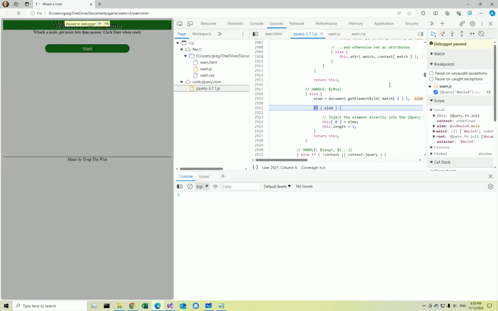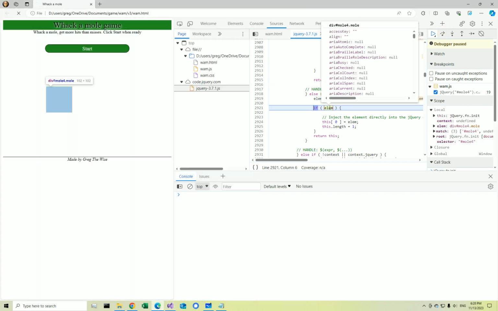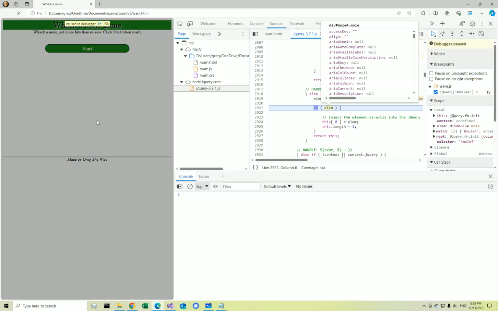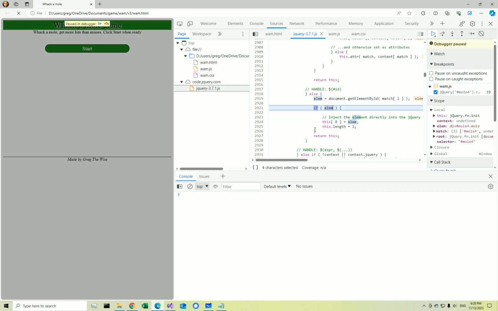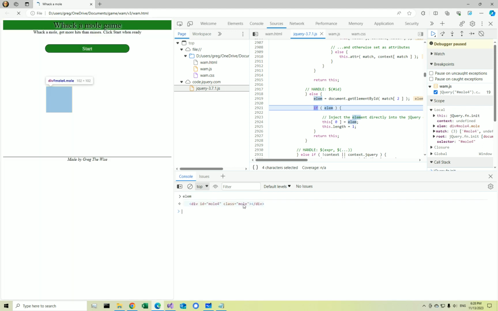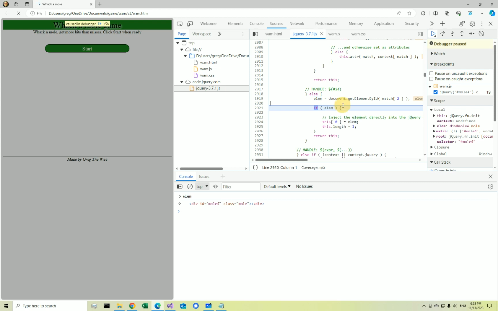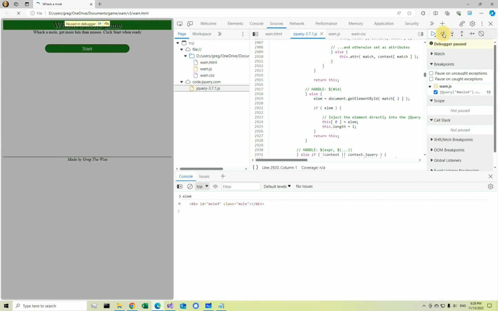And if I step over, now you'll see that the element is pointing to one of the elements, to element 4. See, it's pointing even on this side, right? If I take the element and I put it here in console, as you can see, it's basically our div. That's all there is to it. Now, if I go further,